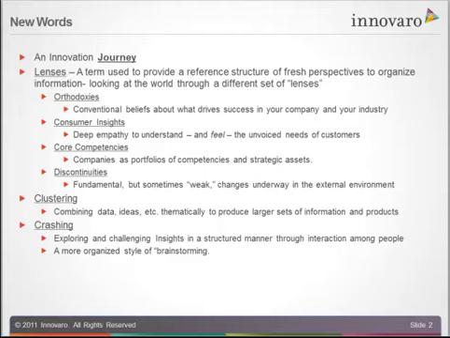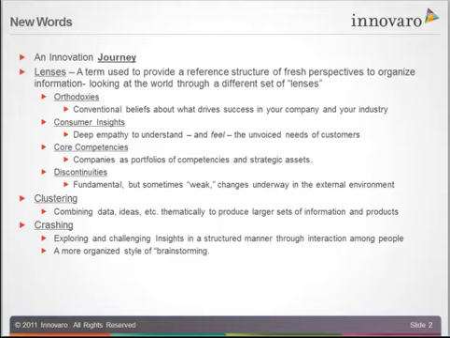one is orthodoxies. And every organization has orthodoxies, about what they do, how they service, what their financial structure is, all of those kinds of things. There are conventional beliefs about what drives success in your company and your industry. And we regularly see companies and we regularly see products that overturn those orthodoxies, that kind of set them on their head. The most common great failure orthodoxies are the world is flat and man will never fly. Right? So orthodoxies can be good things that help to organize us, or bad things that hold us back. But you've got to look at those, understand them, and challenge them.